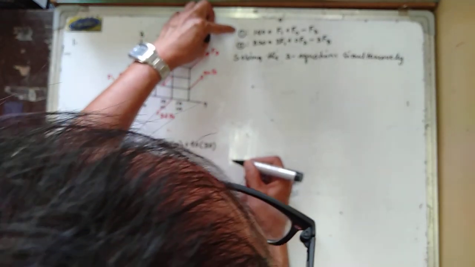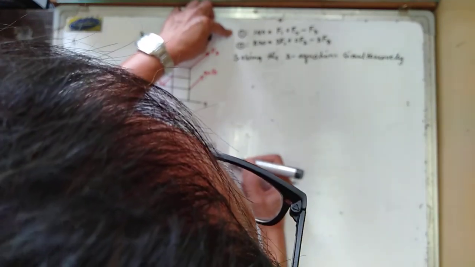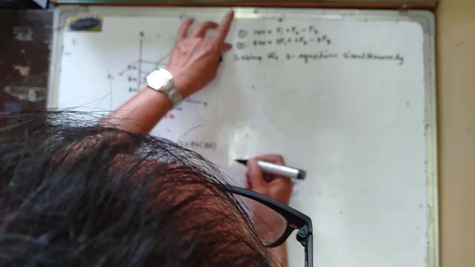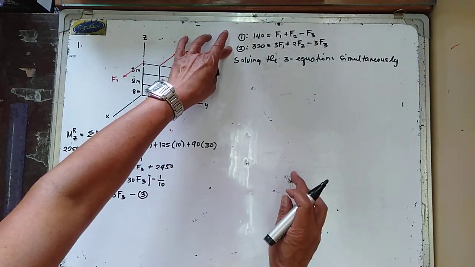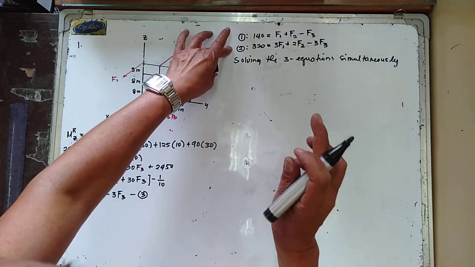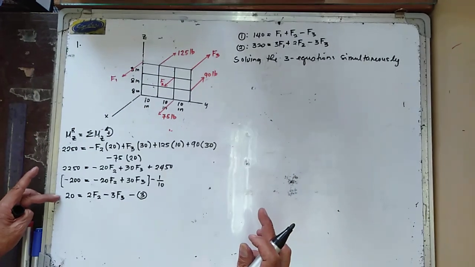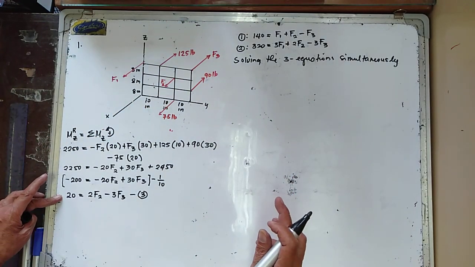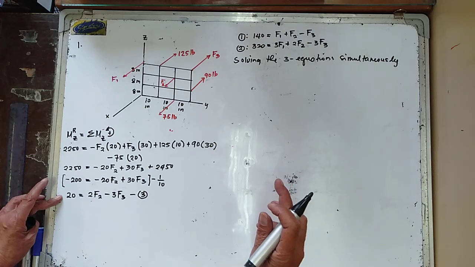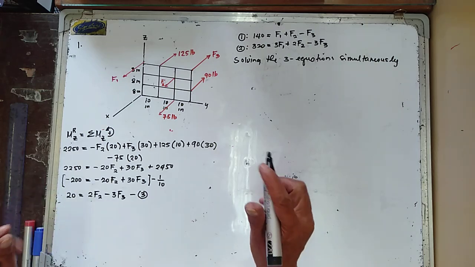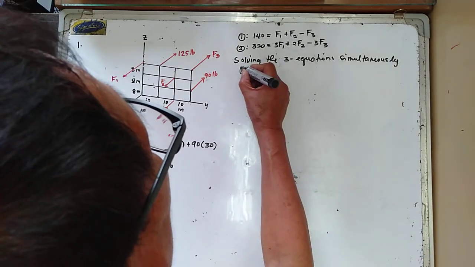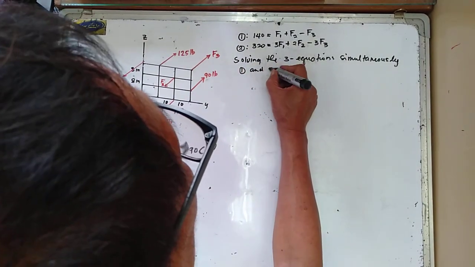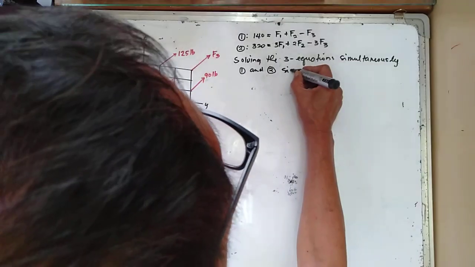So first, this is the first equation: 140 is equal to F1 plus F2 minus F3. This is the second equation: 320 is equal to 3F1 plus 2F2 minus 3F3. And your equation 3 is 20 is equal to 2F2 minus 3F3. So if you try to solve equation 1 and equation 2 simultaneously,